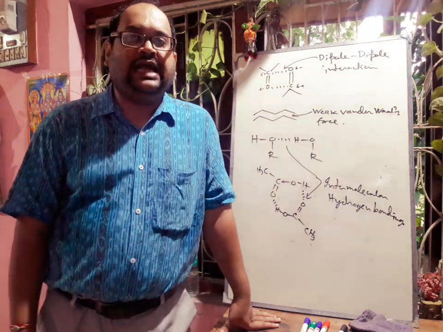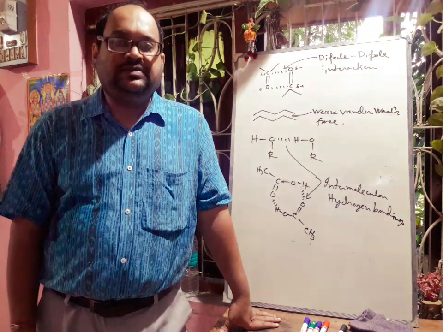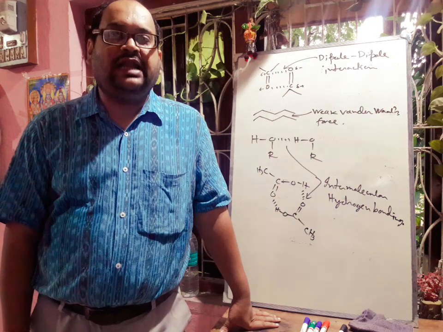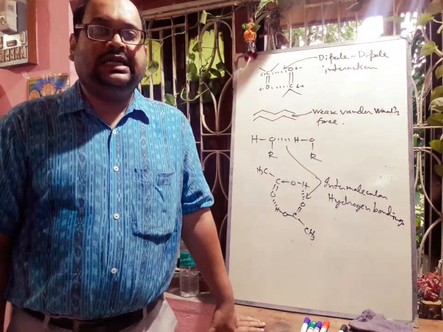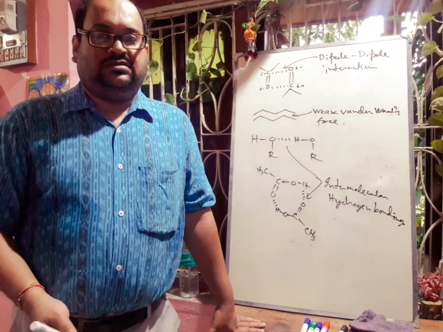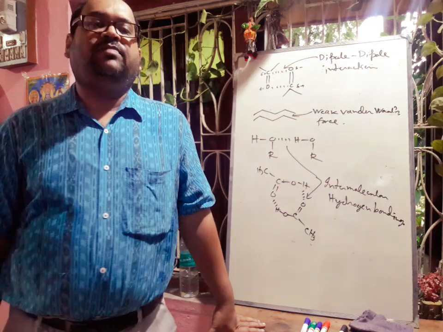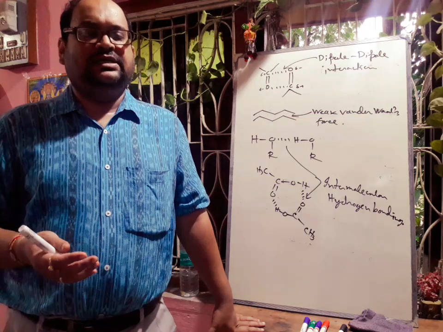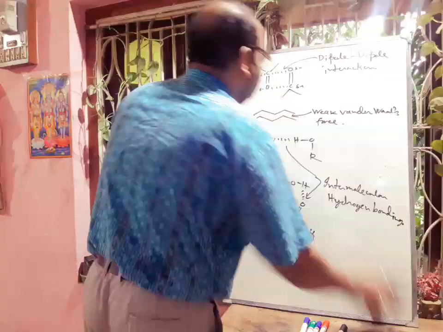Ketones boil at slightly higher temperature than their isomeric aldehydes. Why? This is because in case of ketone, two electron-repelling plus I alkyl groups are attached to the carbonyl carbon. The resulting dipole moment of the carbonyl group of the ketone will be higher compared to the aldehydes. Hence ketones are more polar than the isomeric aldehydes. If we draw the structure, then you can easily understand.